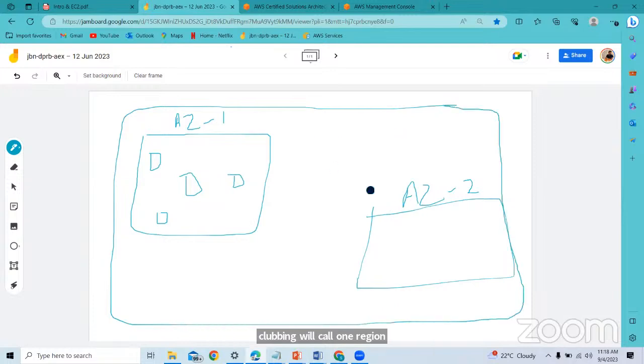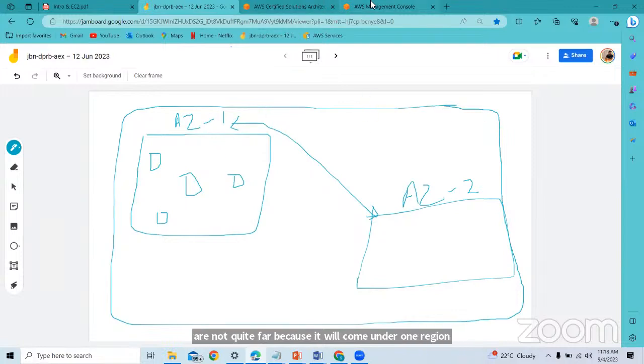How far apart these availability zones are physically, I'm not sure, but it's not that relevant, and they are not quite far because they come under one region.